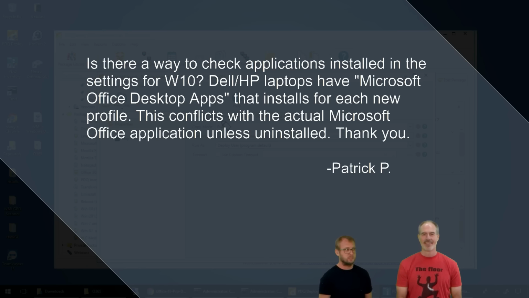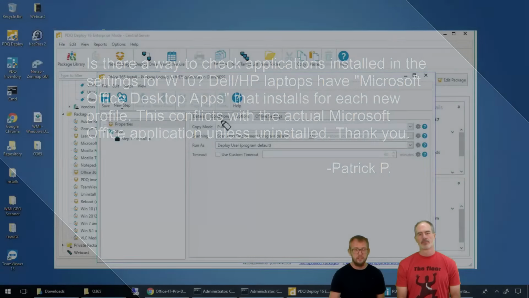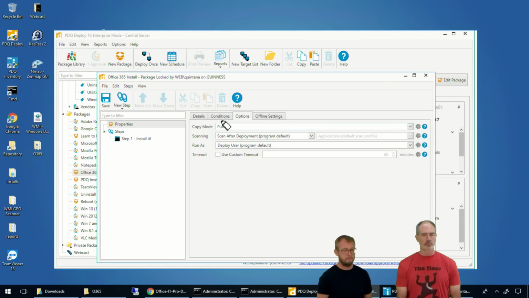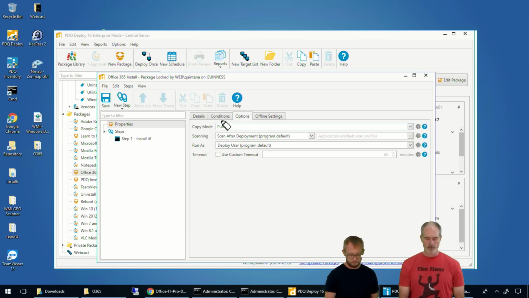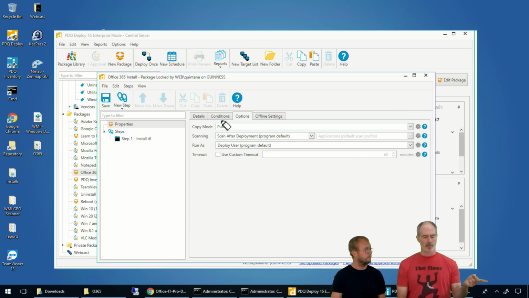Yeah. I would say use PDQ Inventory if you've got that. Yep. Look for some telltale signs. You can use a file scanner, maybe a registry scanner. You might even have to resort to WMI. Yep. But look for those files, and then Google, find out how to uninstall that. You might have to run the packages as logged on user or deploy user interactive or something, but you'd probably want to use an inventory program to find those machines and then figure out how to uninstall them via some script. Yeah, and then just to piggyback on what Shane was saying, you could actually copy one of our